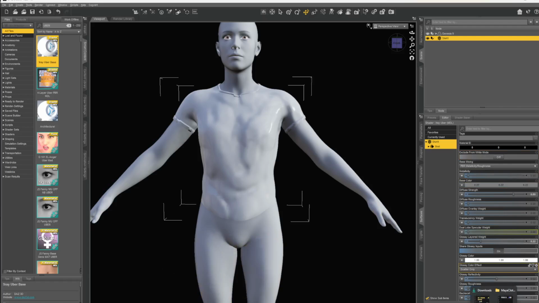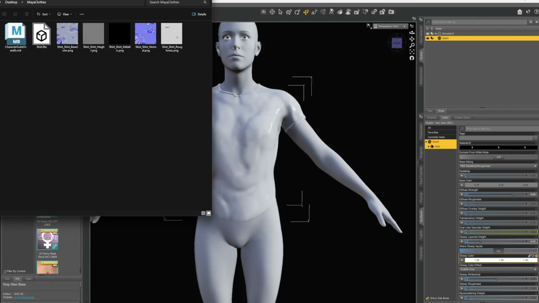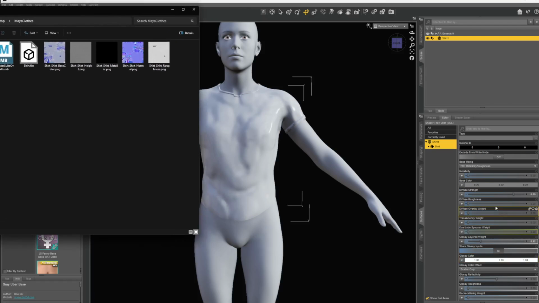Then I'm going to go get my textures, which are right here, and look for the relevant ones. So there's the metal. I'm going to look for metal right here, and drag and drop it on the metal. Bam. I'm going to look for base color. Here is the base color.